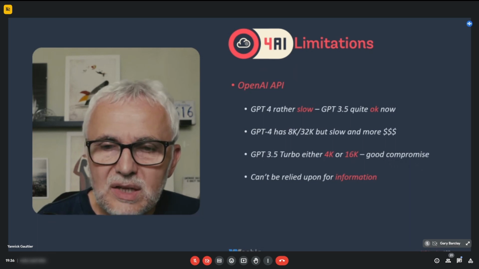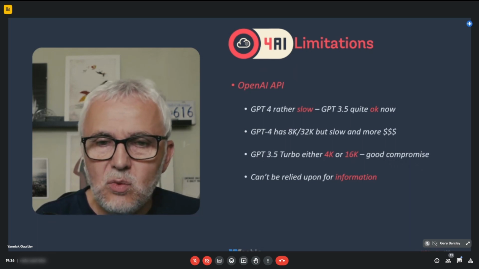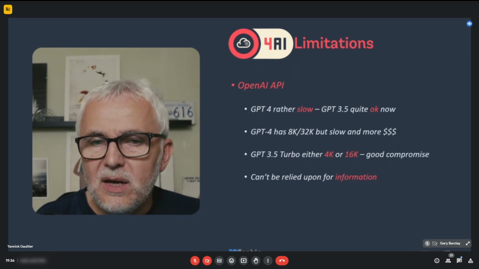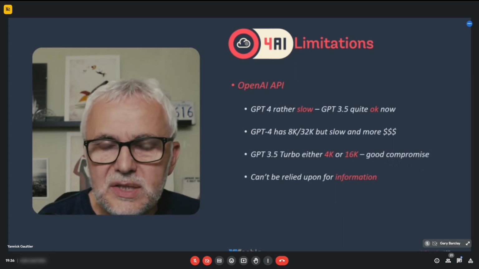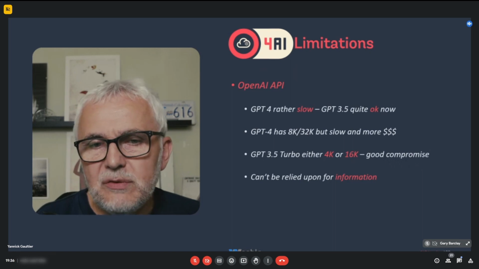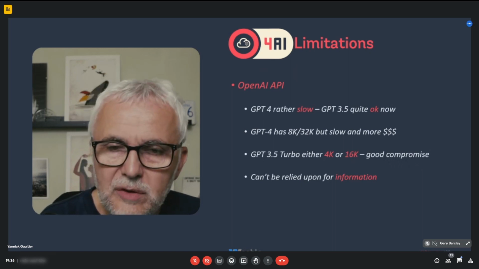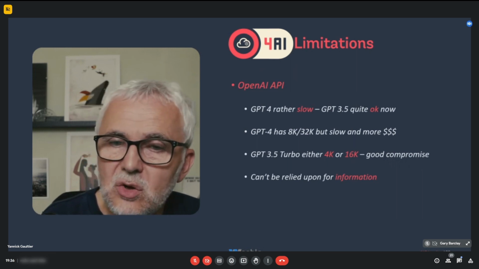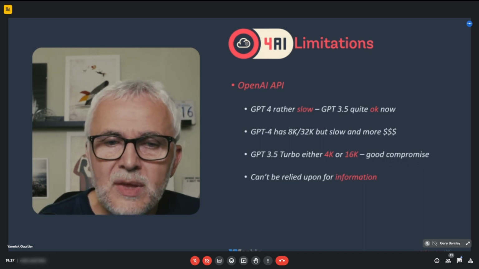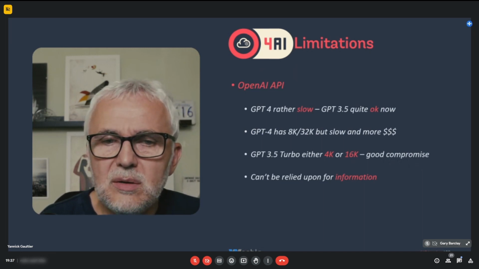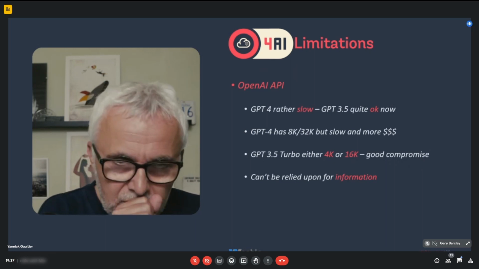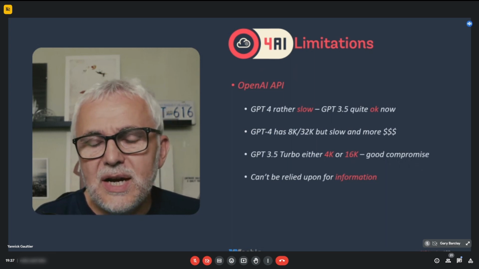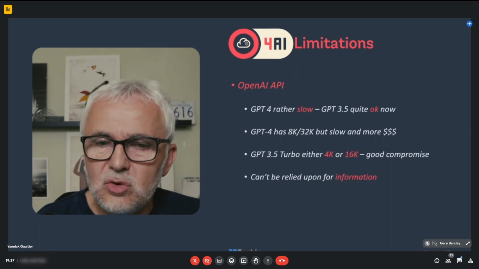The second thing is that ChatGPT has a window of text it can work on. Like if you wanted to summarize or translate a piece of text, there's a limit to the amount of text you can send to it, and that's true for all models. GPT-4 has a limit of 8,000 words, let's say. But it's really slow, and it costs more dollars. The 32,000 words version is not available yet, actually. Sorry, but GPT-3.5 Turbo, the previous model that I'm using most of the time, can either be 4K, 4,000, or 16,000, and it's a good compromise.